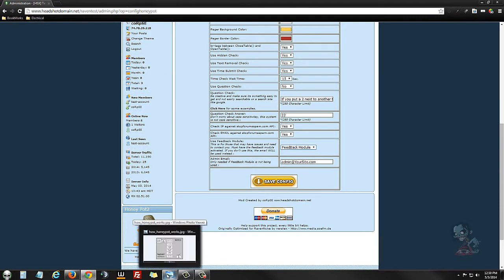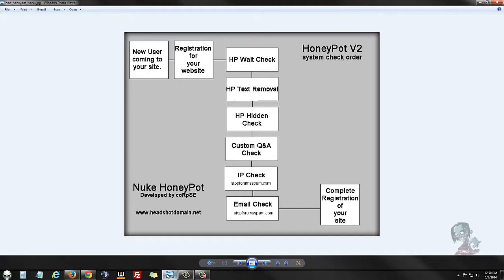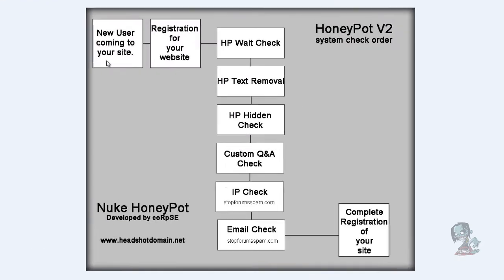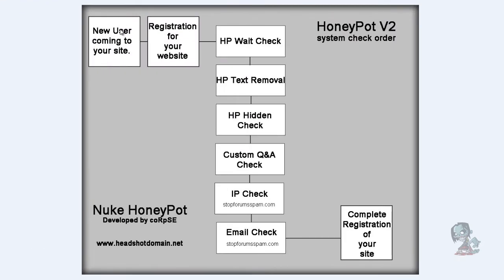So before I let you go, I did want to give you a little bit better demonstration, or a better example, of how this system works. Up here in the upper left hand corner, you're a new user. You come to the website, and then you go to register. What happens is you fill out the registration, and before it completes the registration, if you're running all the checks,